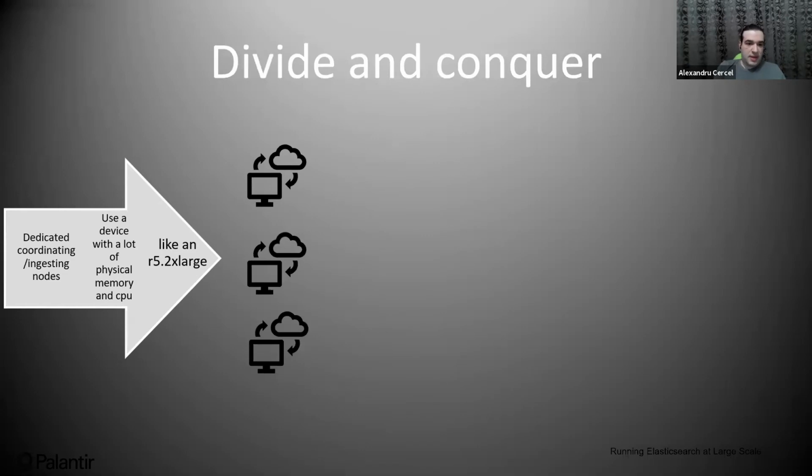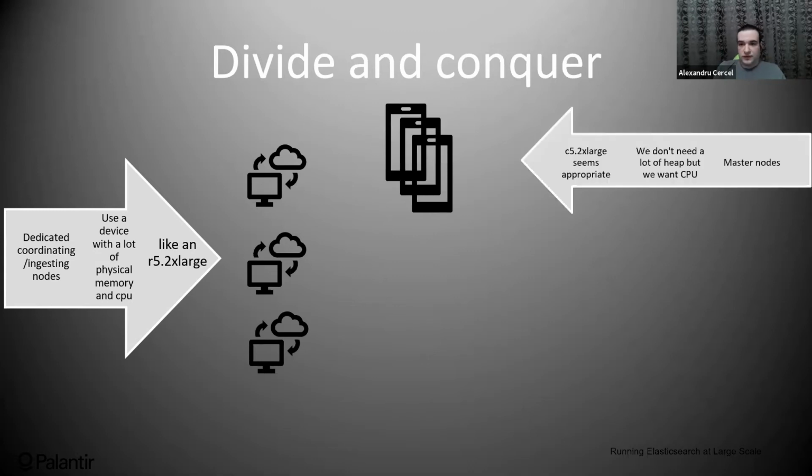We have the master nodes here in front. If you are working on AWS, you can look at a machine type of R5, and a 2xlarge should probably be enough for you. The master nodes, as we discussed, use more CPU, so you could look at the compute node. Again, the 2xlarge seems to be quite fine.